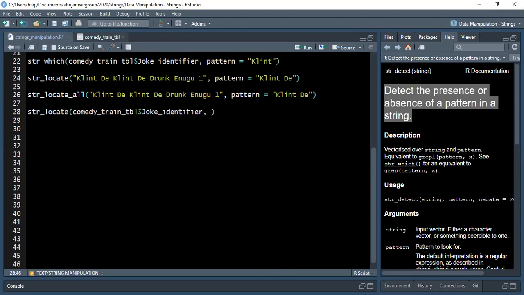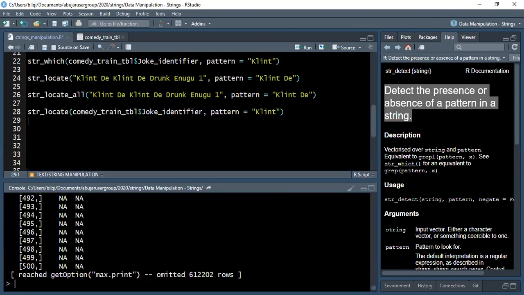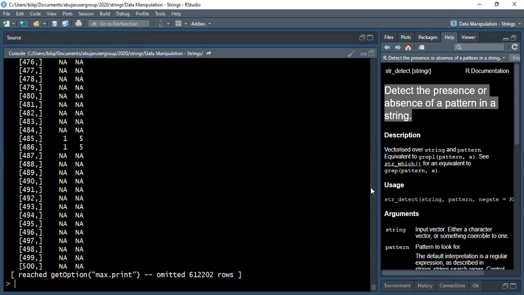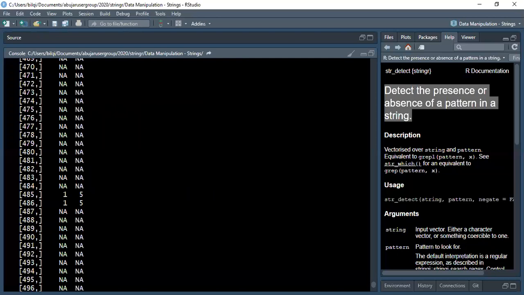Okay, so I'm adding the pattern. It's still going to be something like Clint. Okay, so if we run this line of code, you can see wherever there is no occurrence of Clint, it's returning